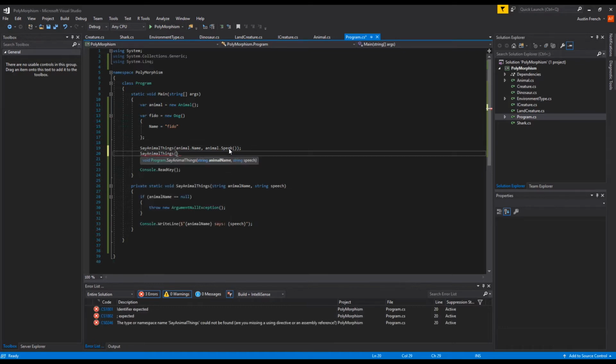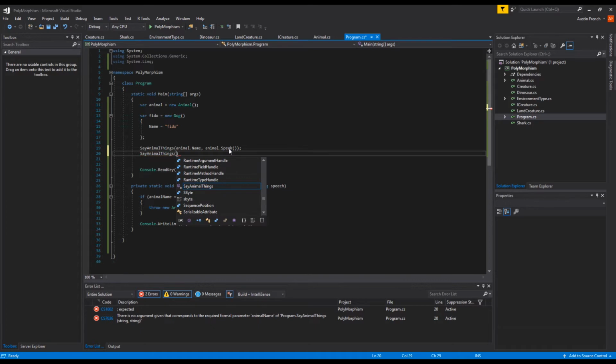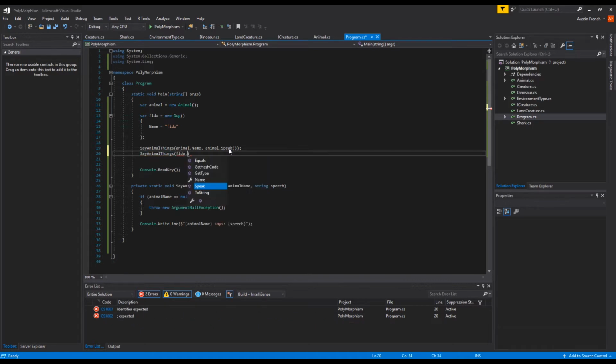So say animal things, and it's going to be Fido.name and Fido.speak. So here you can see that because we're inheriting and just the way it's working, they're both seen as an animal. So this works, but